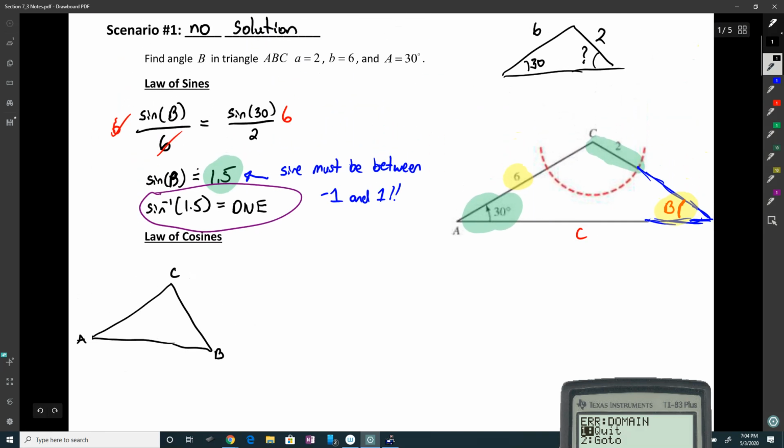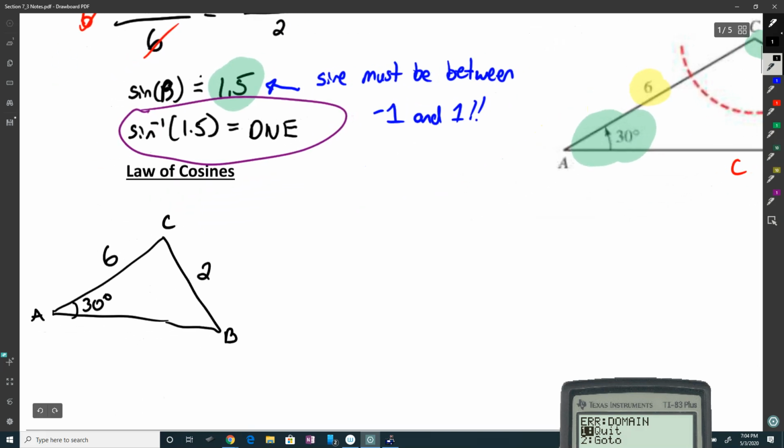So they told me that a is 2, the opposite side of the angle, so that's 2. The opposite side of B is 6, and angle A is 30. And so usually that's what you're going to have on your paper. There's no sign when you're just sketching it that it doesn't work. And so if you're using the law of cosines, the law of cosines would be this side,